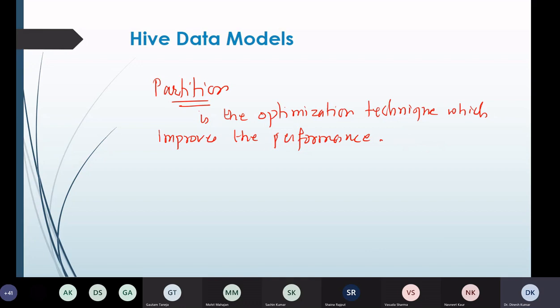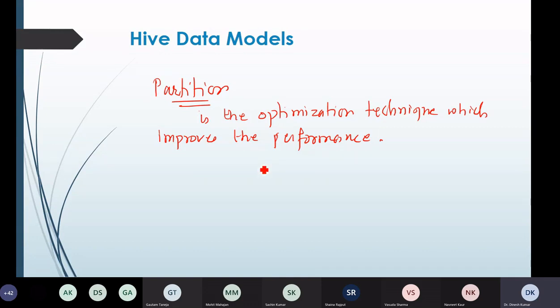So this is the major introduction, or you can say the major functionality of the partition, to basically divide the large data set into smaller tables or partitions on the basis of the values which are stored in a particular column.